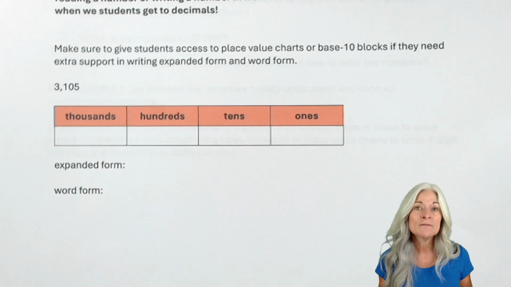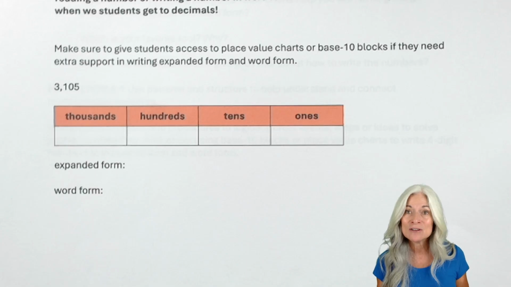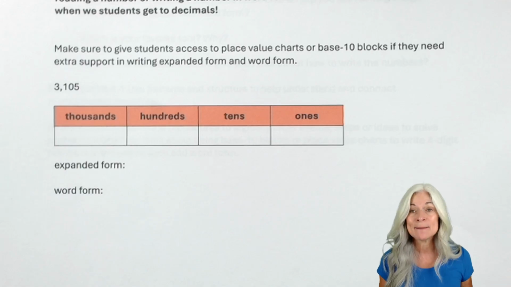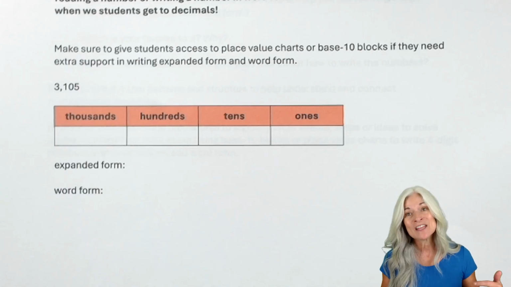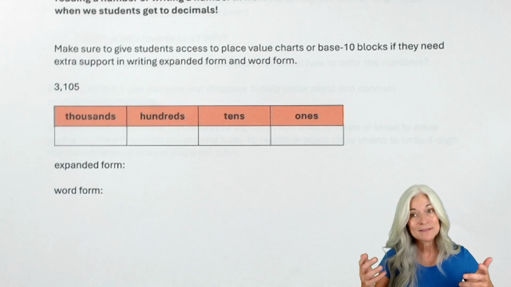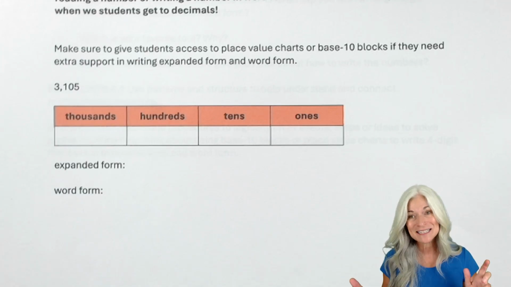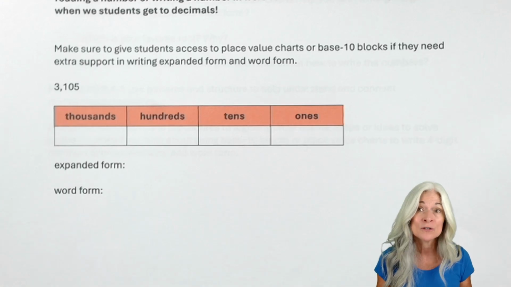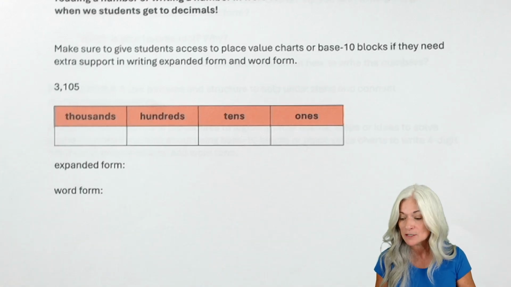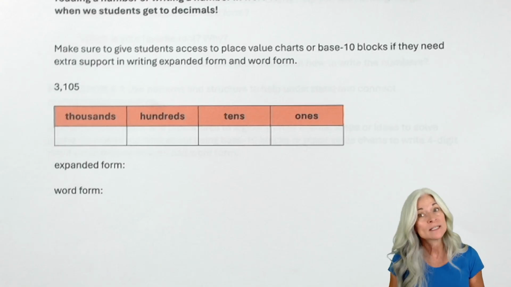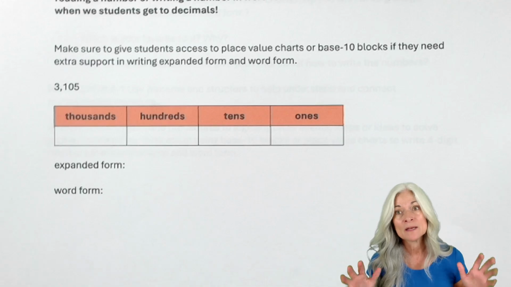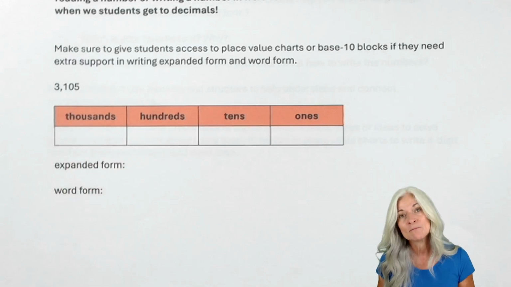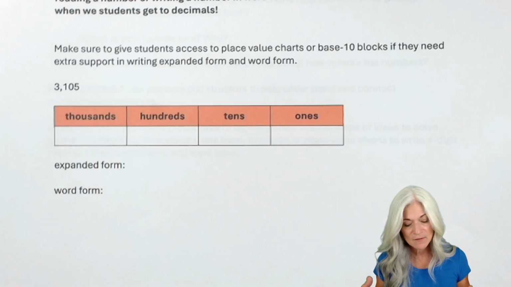So make sure you give students access to place value charts or base 10 blocks. We would consider those adaptive technology. It's a tool that students can use. Even though it's not technology, things can be considered adaptive technology if it's something that provides support to your students. So that could be a way to help some of your students with disabilities to help them grasp this concept. So make sure that when they're working today, they do have place value charts available to them and